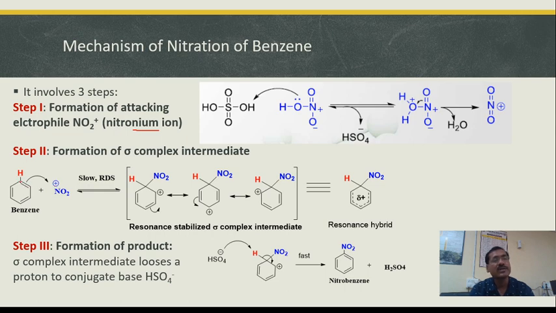What will happen? This pi bond in particular will break in such a way that here you will get a negative charge, here you will get a positive charge, here you will get a negative charge. And there will be a formation of a bond between carbon and the nitrogen of the nitronium ion, resulting in the formation of the positive charge. And you know that this is a positive charge in conjugation with the 2 pi bonds. So eventually this will undergo